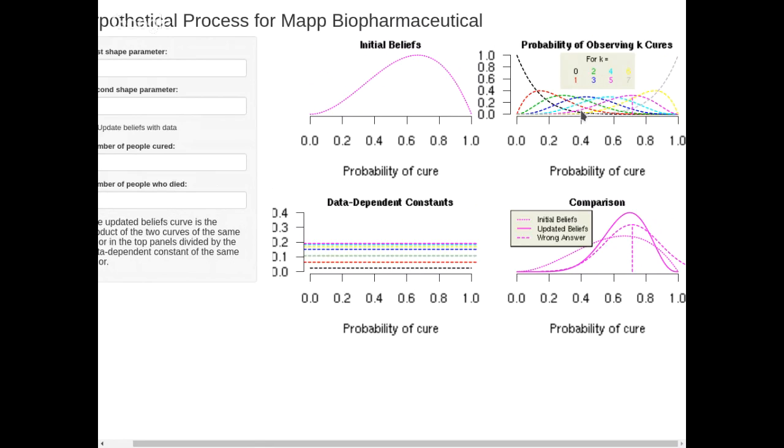So we would be extremely lucky to see 5 out of 7 survive if the true cure probability is 0.4. What's more likely is something around 0.7 or so. If that was the true cure probability, then seeing 5 out of 7 survive is entirely reasonable. We could do that for any value of K between 0 and 7 and see what's the probability of observing this number of survivals if the true cure probability is this or that, any number along the horizontal